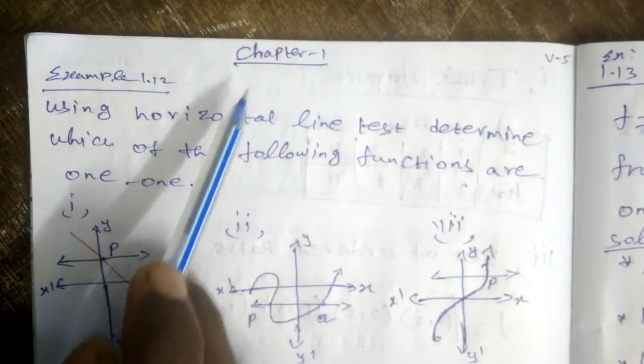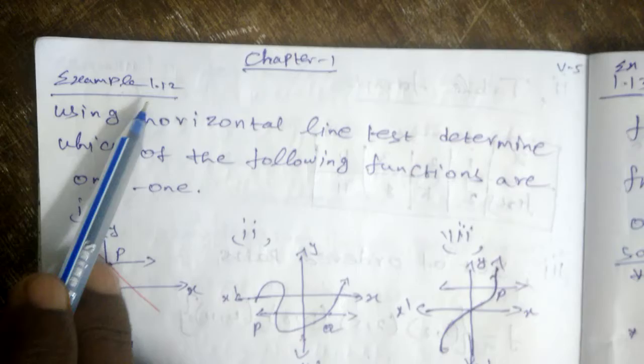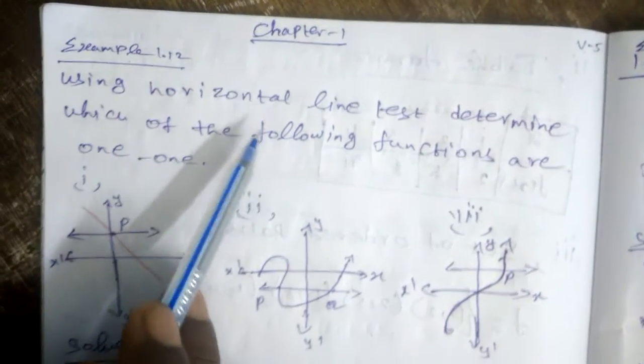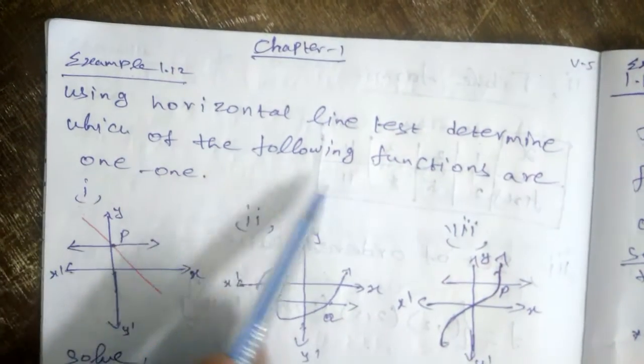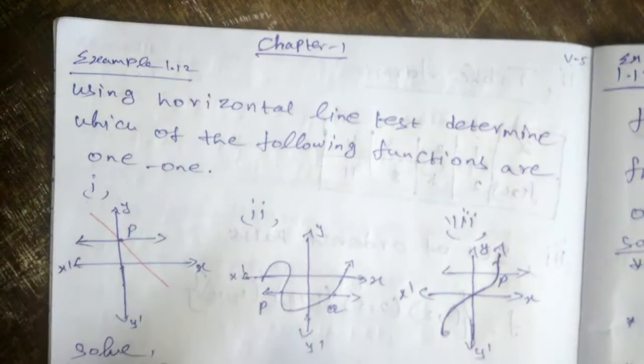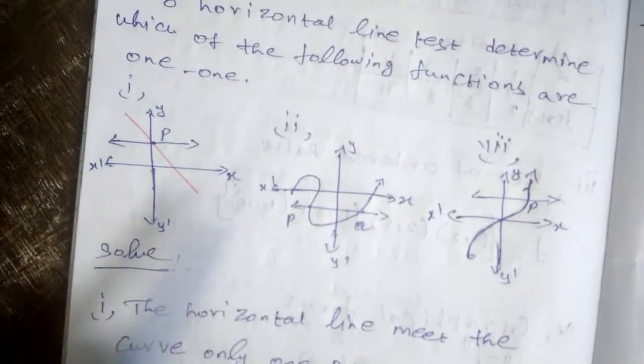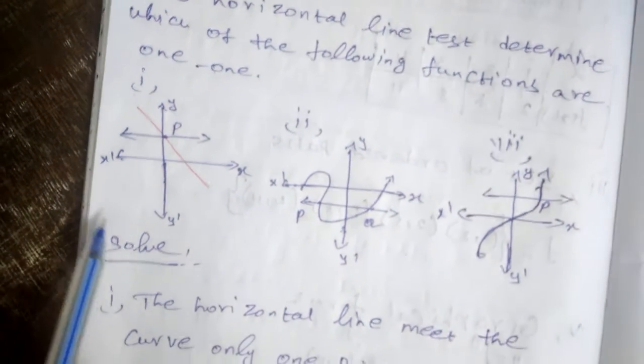Today we go to chapter number 1, example number 1.12. Using the horizontal line test, determine which of the following functions are one-to-one functions. Three diagrams are given. Number 1,